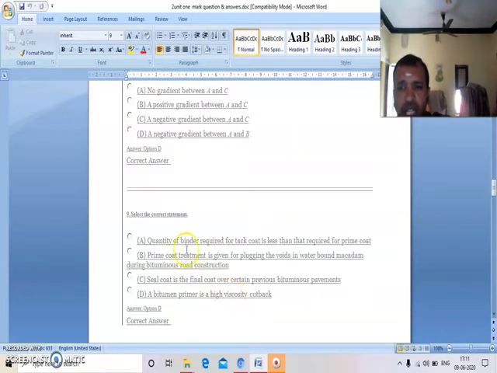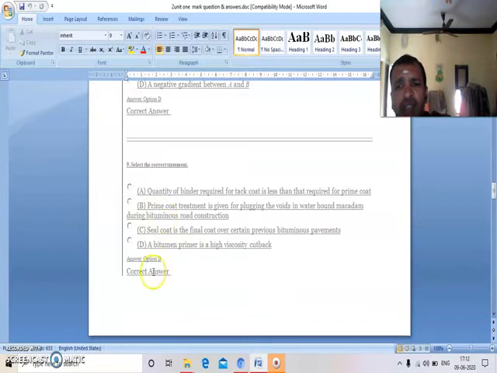Maximum number of vehicles that can pass a given point on a lane during 1 hour without creating unreasonable delay is known as: traffic density of lane, basic capacity of lane, probable capacity of lane, practical capacity of lane. Practical capacity of lane is the correct answer. D is the correct answer.